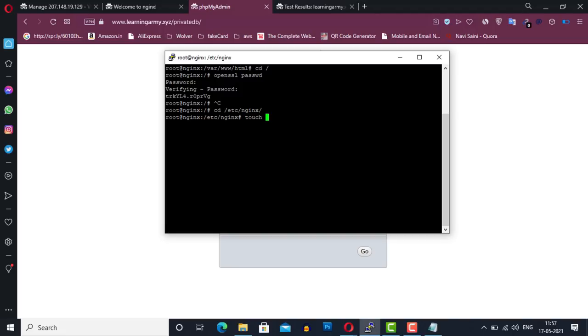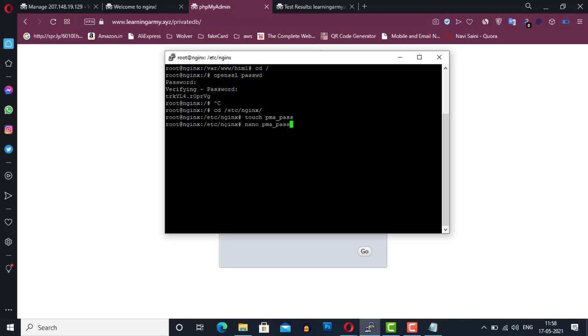So type touch pma_pass in this directory. After creating this file, type nano pma_pass to edit this PMA file.